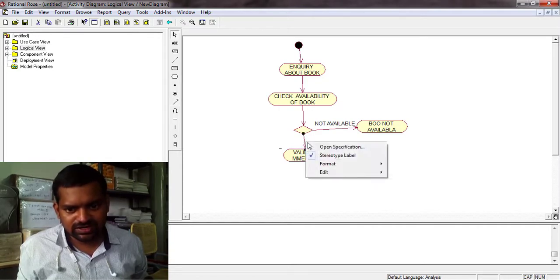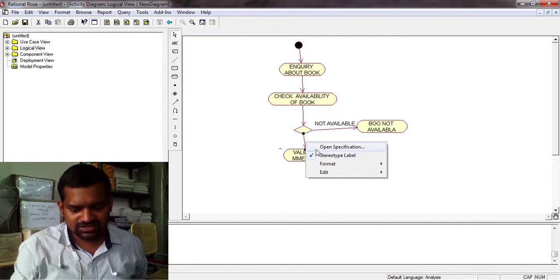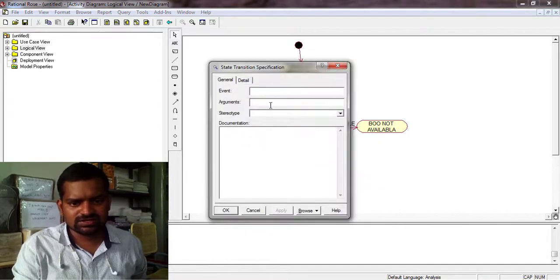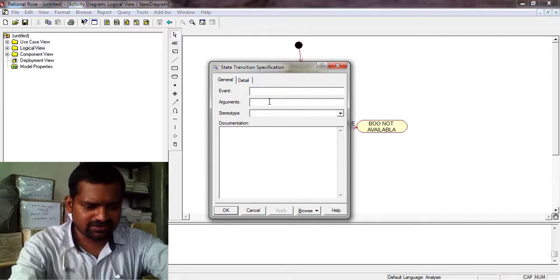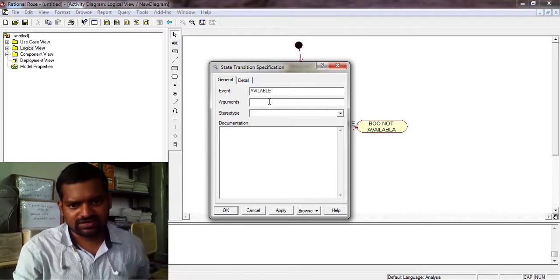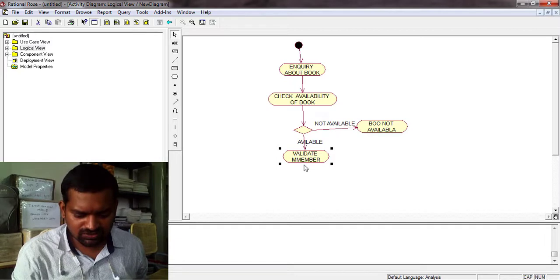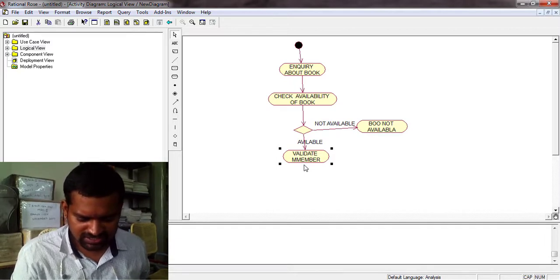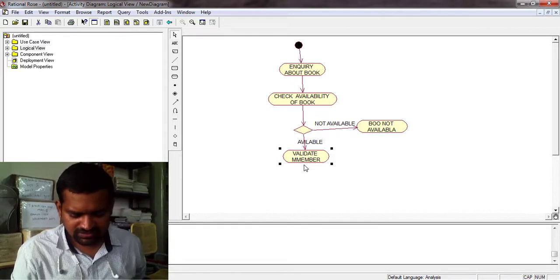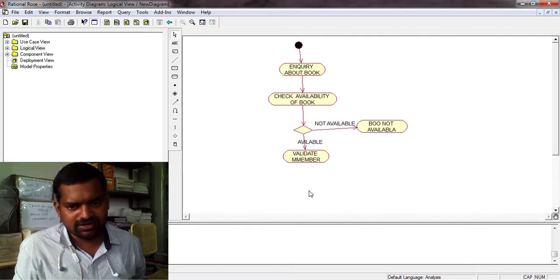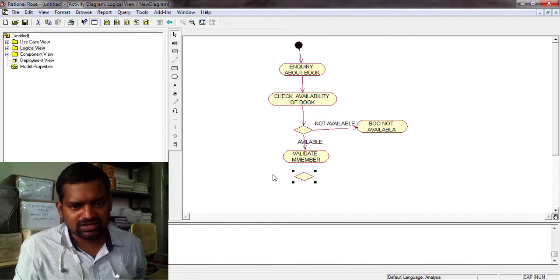Here also you write some specification, that is, "book is available." You specify this, and automatically you move to check another validating member.